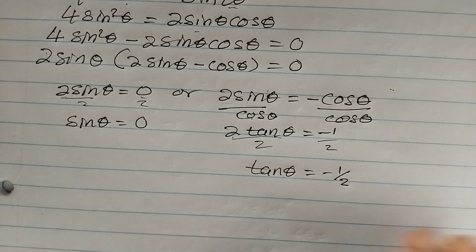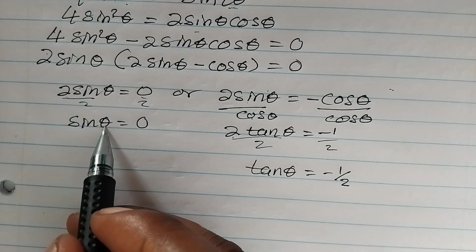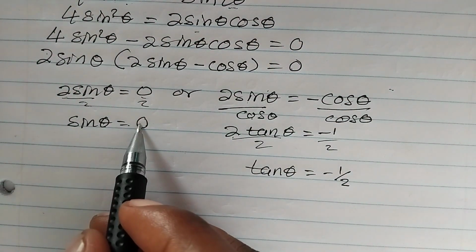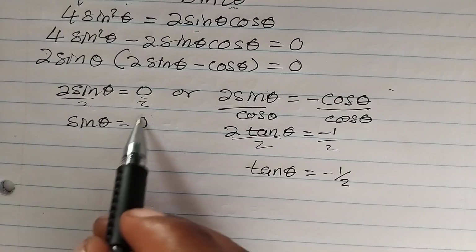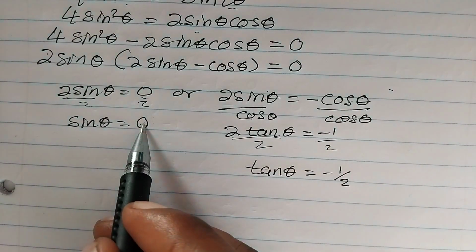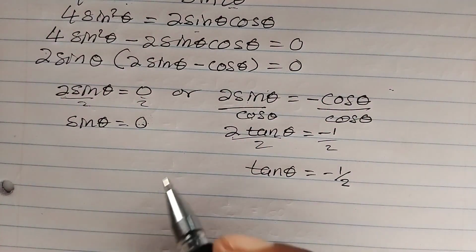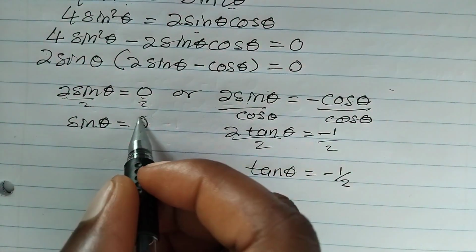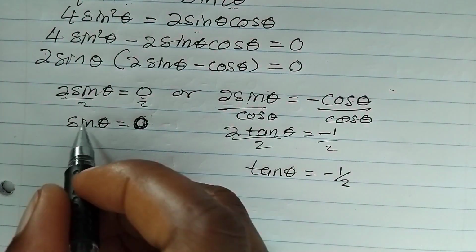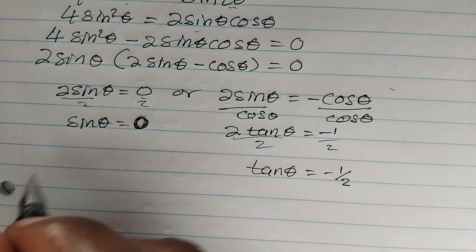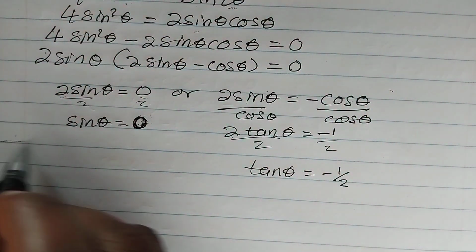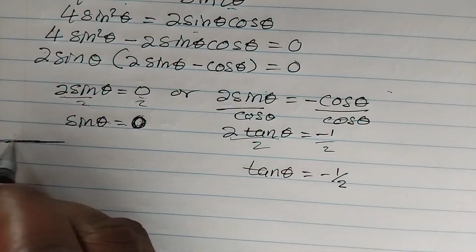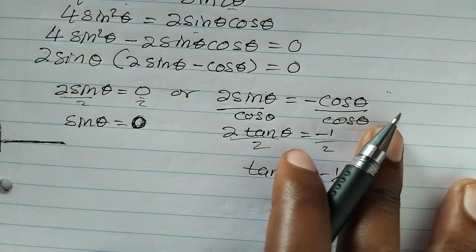So we can find a general solution for this. For sine theta equal to 0, we will use the first quadrant, because 0 is neither positive or negative. So we use the default one, which is the first quadrant. But there is an exception. When sine is 0, our normal period changes into 180, because for sine to touch 0, if I draw this,